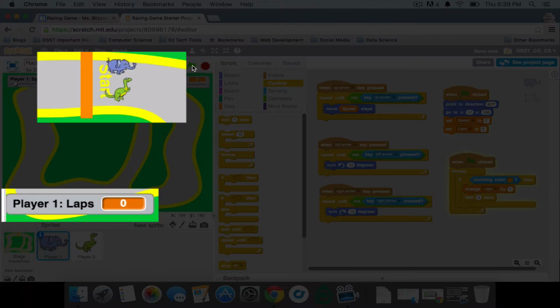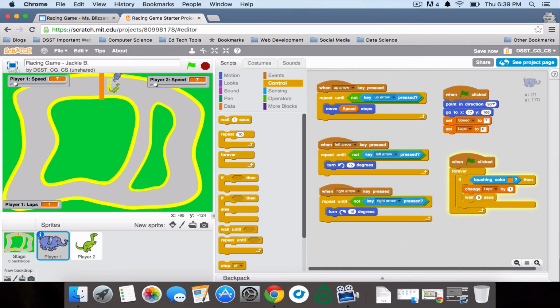Let's restart. All right, my laps went back to 0. Now let's see. Great, changed by 1. And now that it's been 5 seconds, it'll change again. So this is wonderful. The next thing that you're going to do is